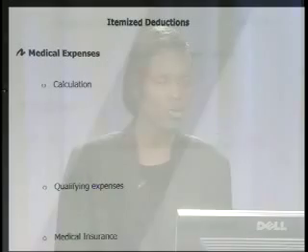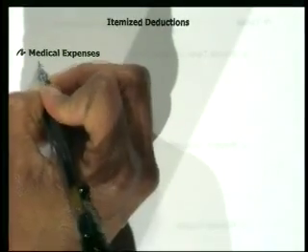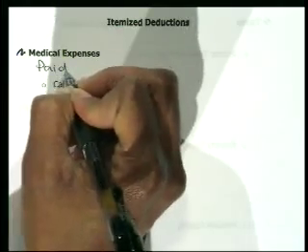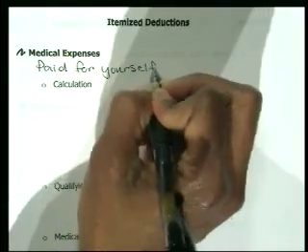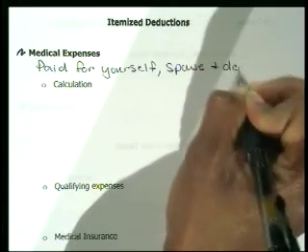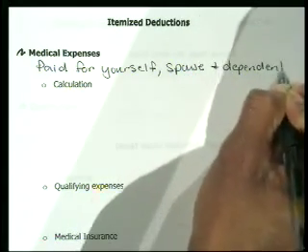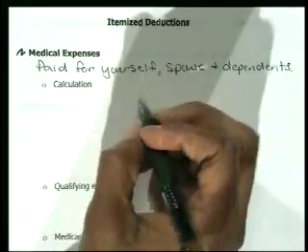Okay, let's go ahead. You should have a handout like this that you got in your packet of information. As we go through, similar to what we did in the last chapter, we will fill out and go through the notes. We start off with our medical expenses. When we're talking about the medical expenses that you can take, these are the ones that are paid for yourself, your spouse, and any of your dependents.